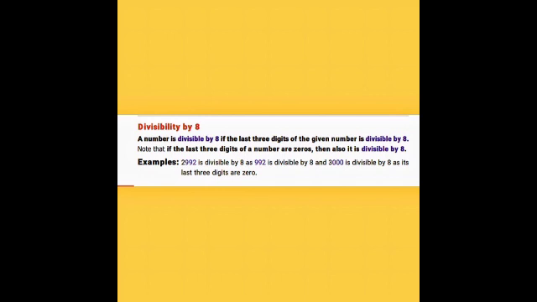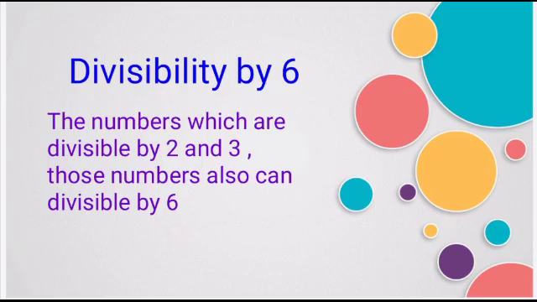Next, the rule for test of divisibility by 6. In this test, we should know how many 3's make 6 and how many 2's make 6. Both numbers are factors of 6, that is 2 and 3. If you multiply 2 with 3 or 3 with 2, you will get 6. So the numbers which are divisible by both 2 and 3 are divisible by 6 also. Okay, my dears, divisibility by 6, can you understand?